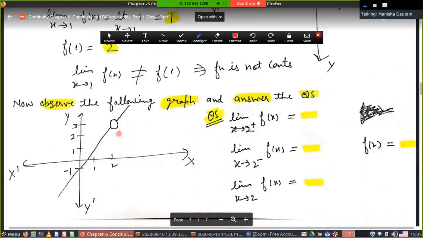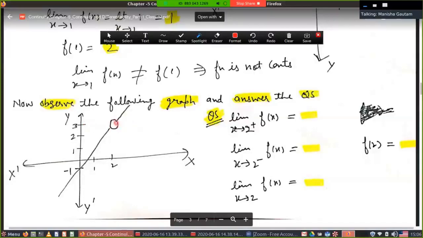Suppose here is a graph, and you have to calculate the value as x tends towards 2 from the right hand side and from the left hand side, on the function f(x), meaning both limits. Already I have written positive 2, negative 2. Now let's discuss when you are approaching x equal to 2 on this graph. Let's check it from the right hand side. So what is the value of y? It means f(x). What is the value of f(x)? You are getting 3.